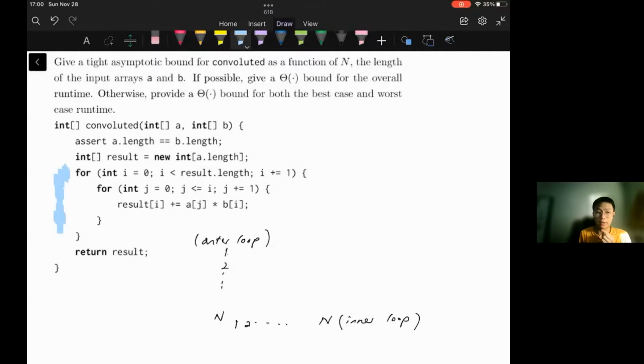So if we denote the length of array A by n, then we will call the outer loop a total of n times. Notice that each time the outer loop is being called, the inner loop will be called I times, where I is the index. So the relationship can be modeled by this graph over here,